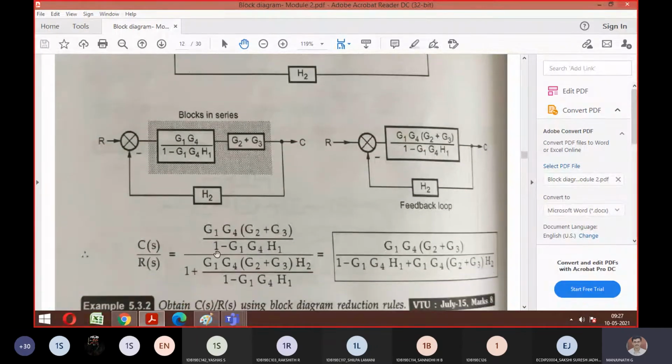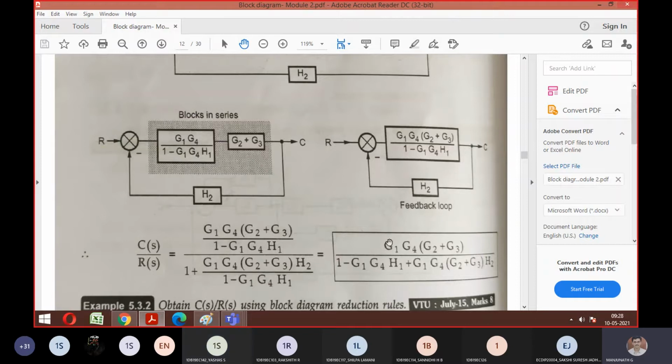Here you can see the minus 1 with G1 and the other minus 1 get cancelled. What is left out is written by taking the LCM. So is it what the answer everyone got? Is it okay to everyone? Any doubts, anyone? Is it fine? No doubts. Okay, so let's move on.